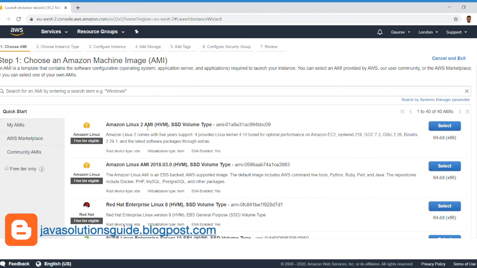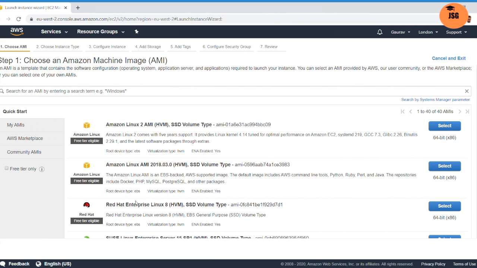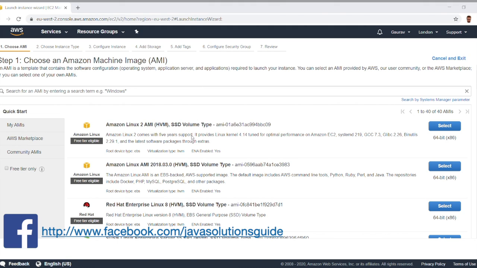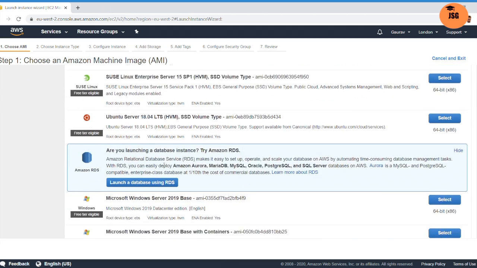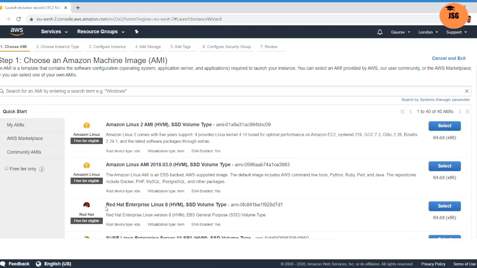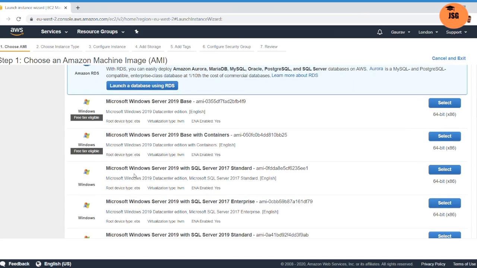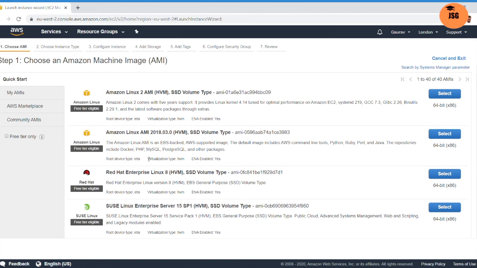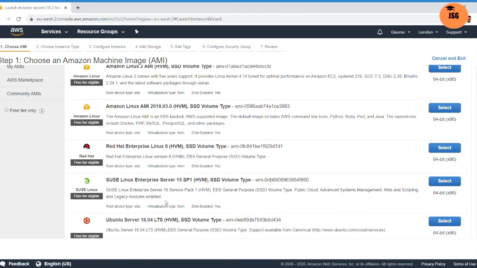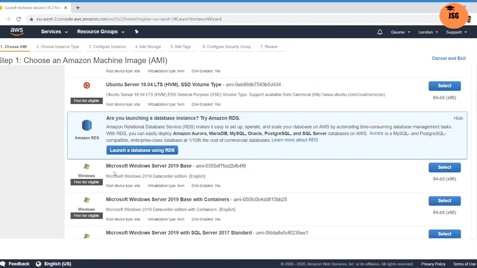So once you click on Launch Instance, you will land on this page where you need to choose an Amazon Machine Image. This is basically step one which we discussed already. Choosing an Amazon Machine Image, where we tell AWS which operating system and which software we want on our EC2 instance. As you can see, there are a lot of AMIs available, like for Linux, for Red Hat, for Ubuntu, for Windows. So you can choose the operating system AMI as per your requirements. And because this demo is for a Windows EC2 instance, I'll choose the Windows specific AMI. So I'll go ahead with this AMI,